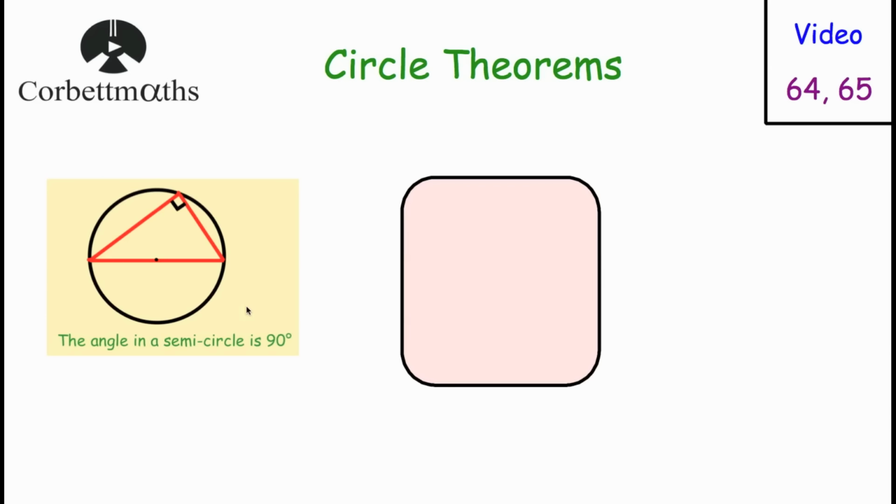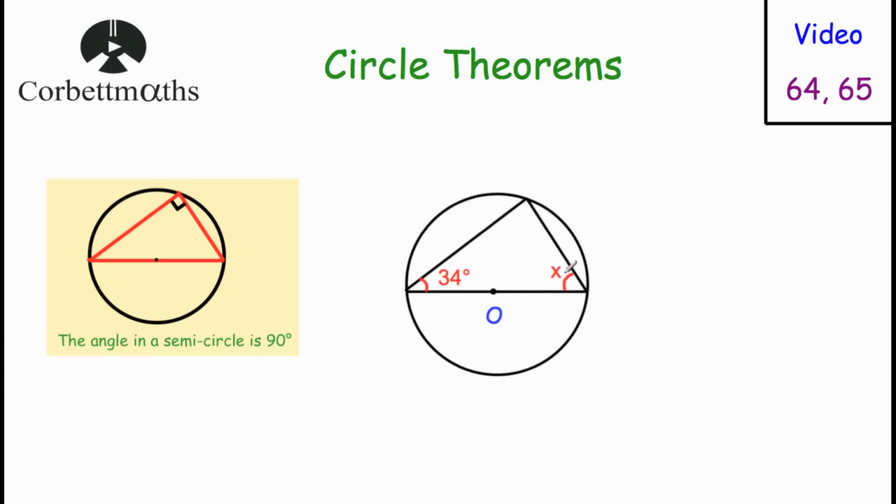So our first circle theorem, and this is part of the Corbettmaths revision card, is the angle in the semicircle is 90 degrees. So if you've got the diameter of the circle and you've got two lines that go from the diameter up to a point on the circle or down, the angle will always be 90 degrees. So here's an example. So if you're given this question and asked to find the value of x, well, here we've got our